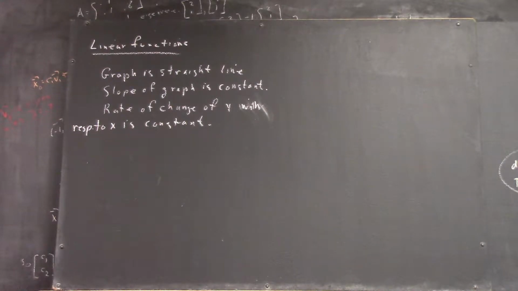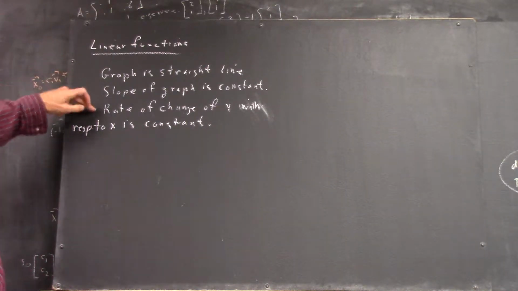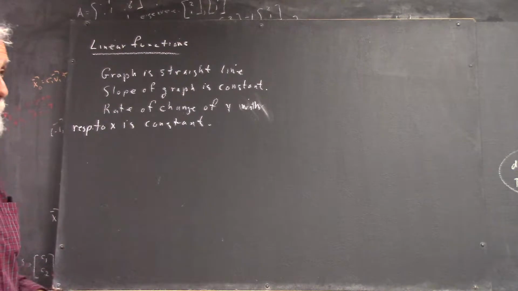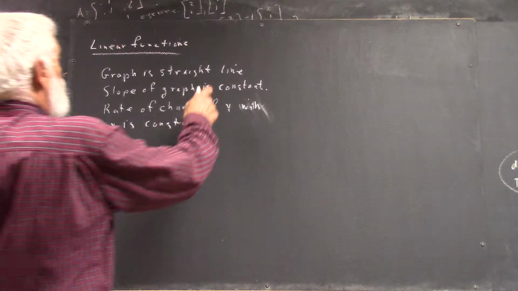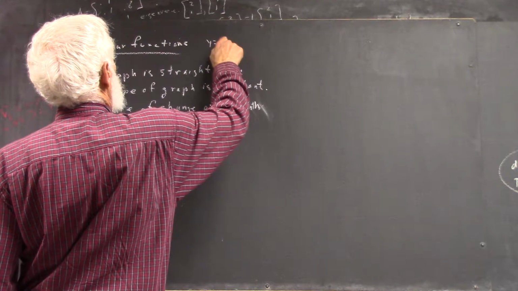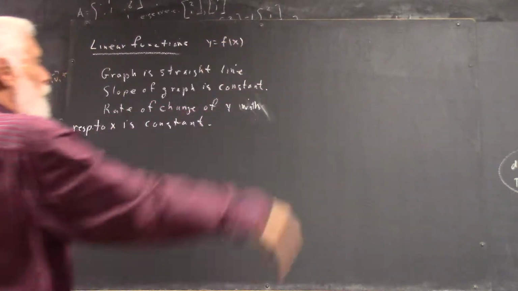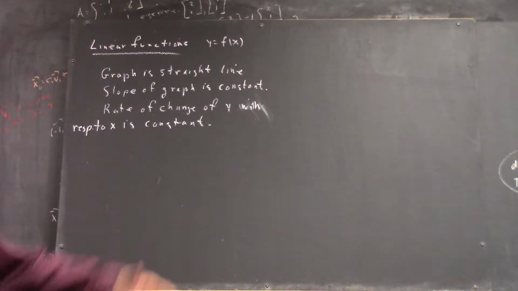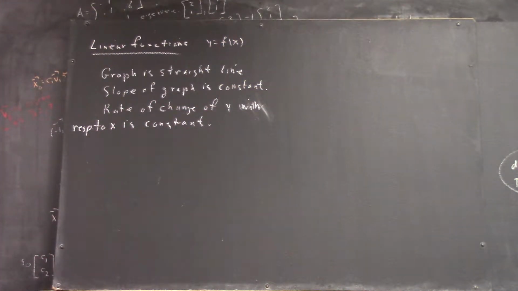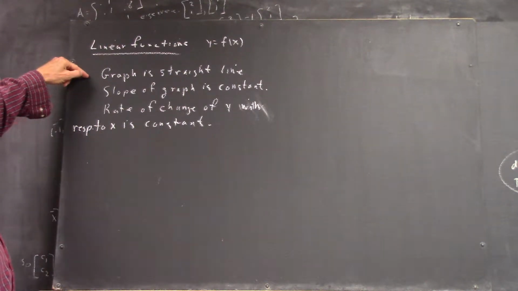Just quick repetition. There are three characteristics of linear functions that we'll say. And implicitly, let y equal f of x be your typical. It could be f of t. It could be z equals f of r. It will be a linear function as long as the graph is a straight line,